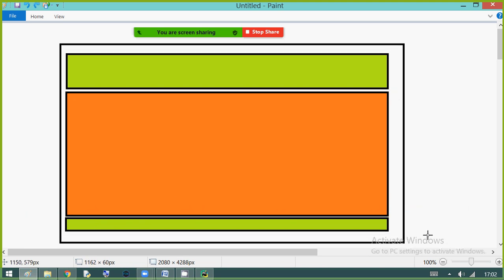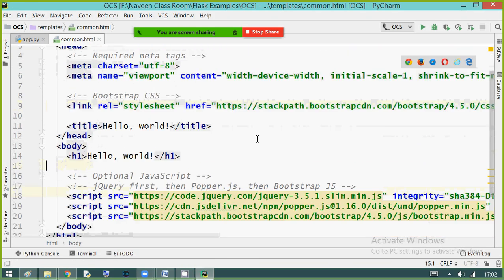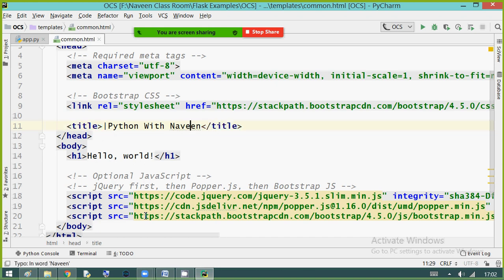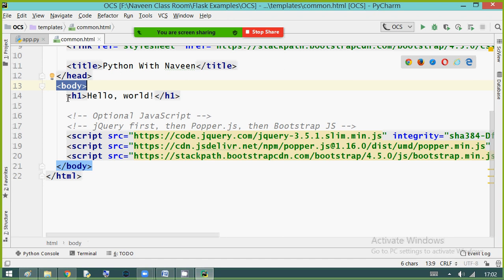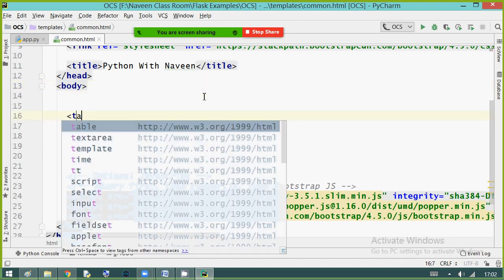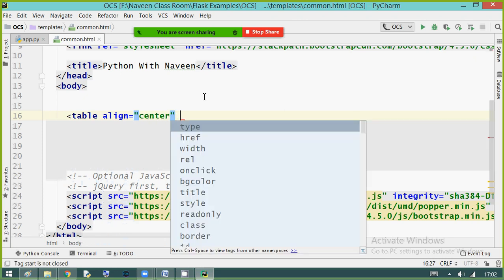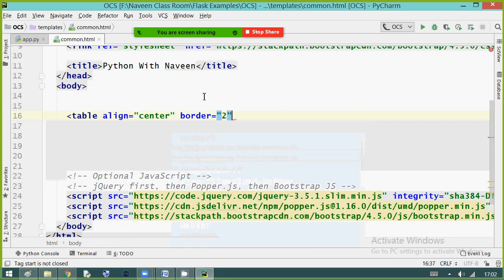Now I am designing this in common.html. Observe, this is my common.html file. In this I am giving a title that is Python with Naveen. It's up to you what title you give. Inside the body part I am using a table, align in center, border I am using 2.